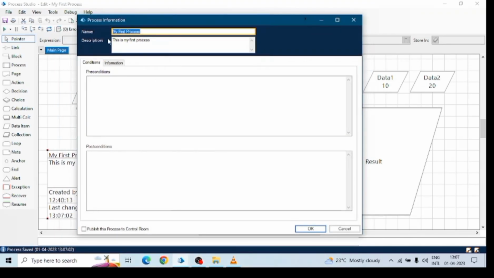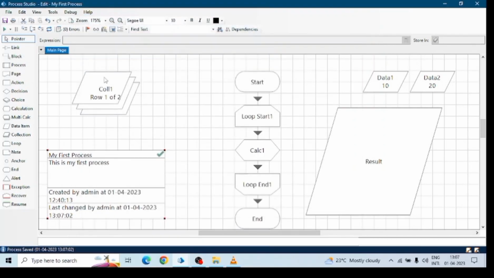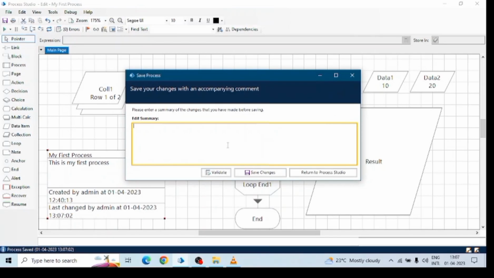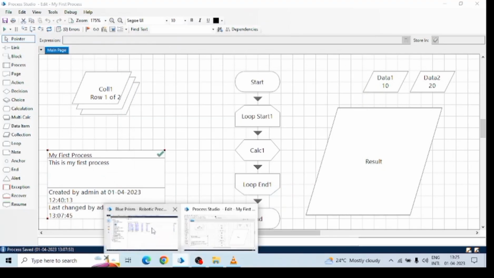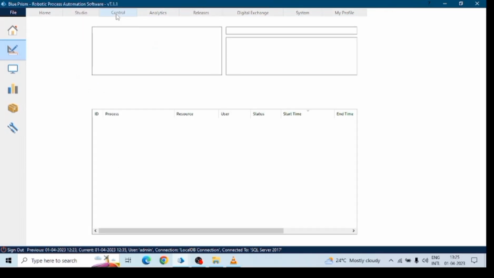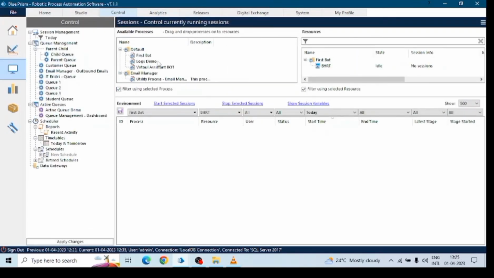Now click on publish to control room. Click on OK. Now click on save, and you can save this. So we can create the process, we can save the process, we can publish the process. Now when we go to the control room,